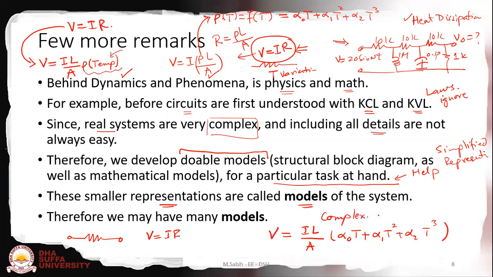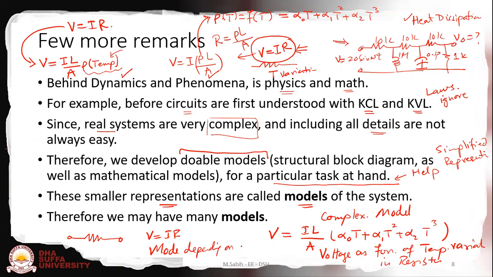लेकिन जब आप study कर रहे हो resistor का dependence voltage variations, so this model, its complex model, लेकिन इसमें फ़ायदा क्या है, इसमें आपको जो voltage है, voltage as a function of temperature variation in resistor. जबकि this is a simple model जो कि depend करता है depending on current and resistor, or resistor is taken as a constant. ठीक है, इस मॉडल में resistor constant नहीं है, इस मॉडल में आपके पास resistor constant है।